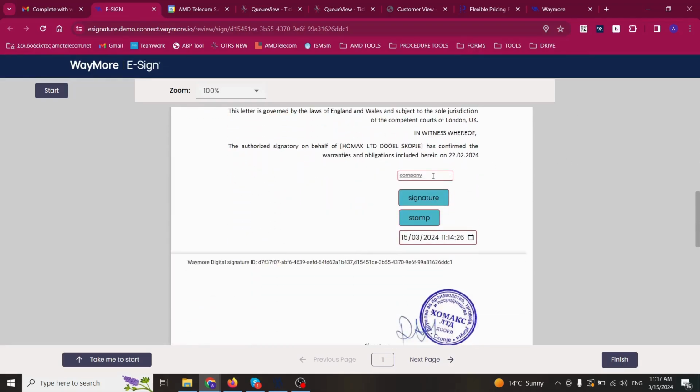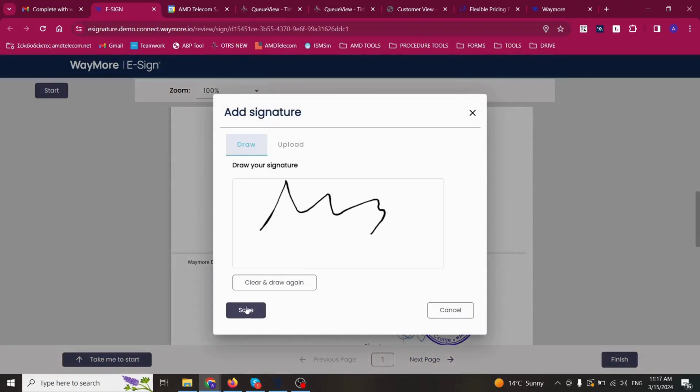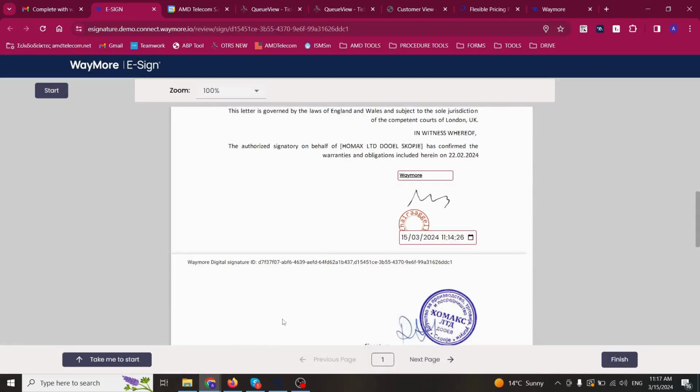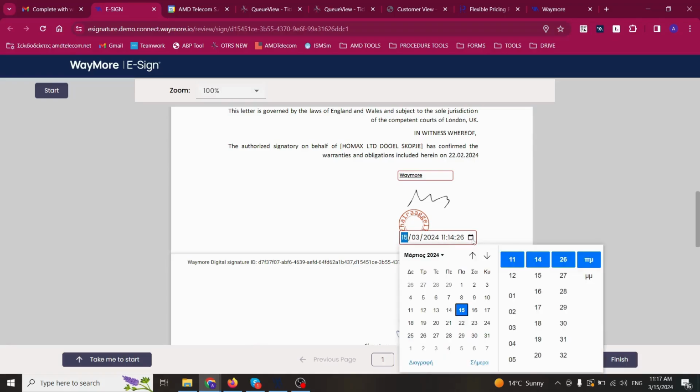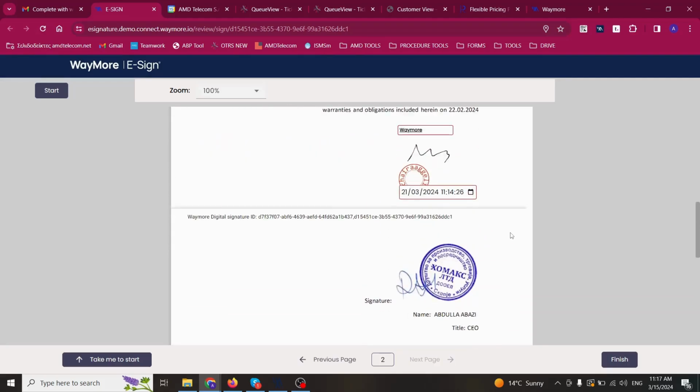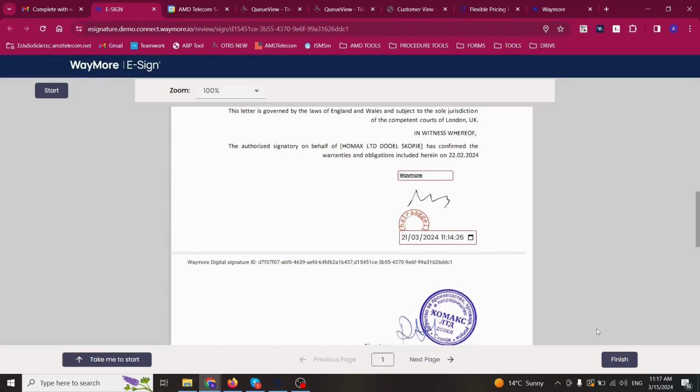And of course, here to the company I can type, let's say, WayMore, for example, that this is my company, my signature, and save it, stamp, and create a stamp, or I can either upload any stamp I have in my laptop, and we click on save, and as you can see, there is a stamp, and here I would be able to select a certain date and time. By clicking on, let's say, finish,